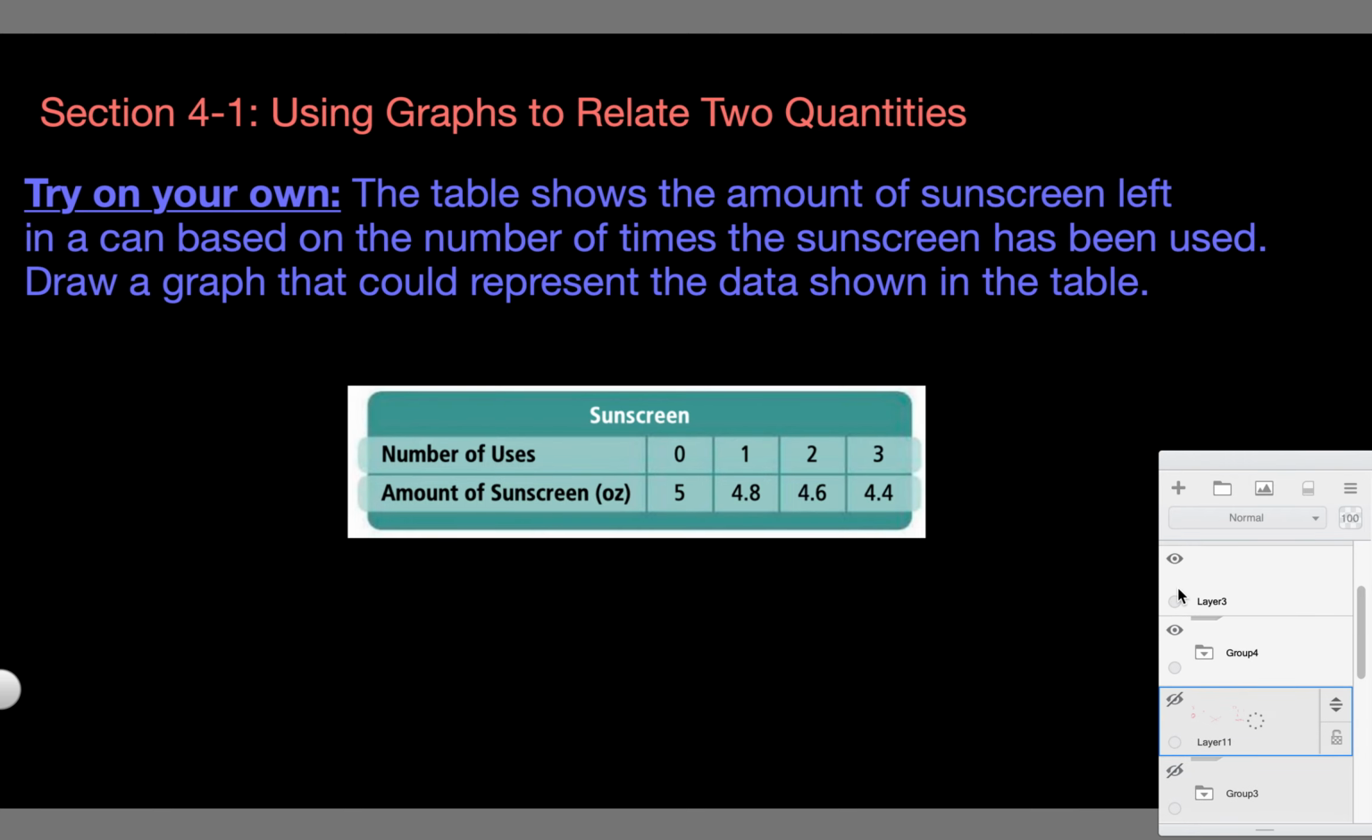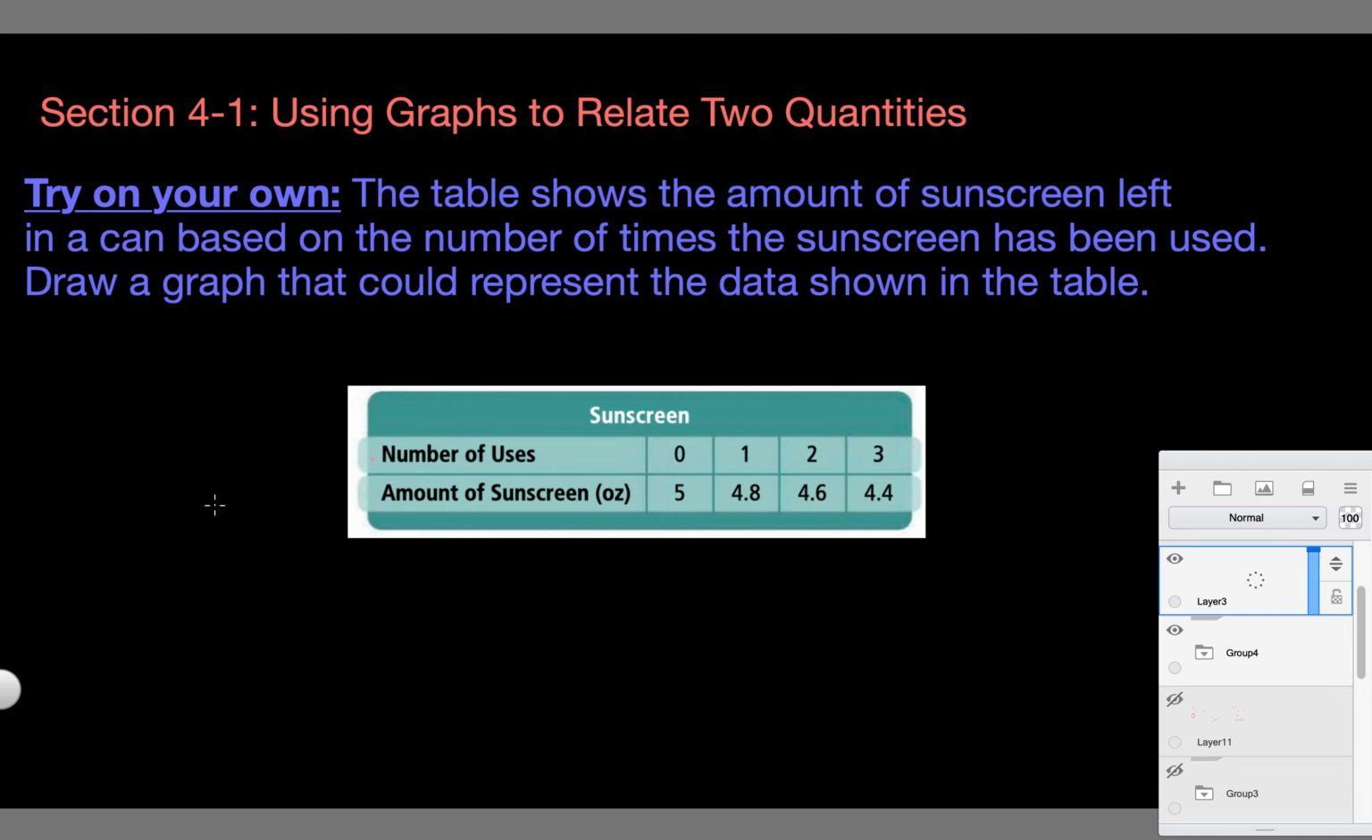The next one is for you guys to try on your own. So it gives you the graph and it gives you the table and it wants you to graph it. So it's talking about the amount of sunscreen that's left in the bottle after the number of uses that you've used it. So zero times the sunscreen's been used and there's 5 ounces. It's been used once and there's 4.8 ounces. Used twice and there's 4.6 ounces, and so on. And it wants you to graph this